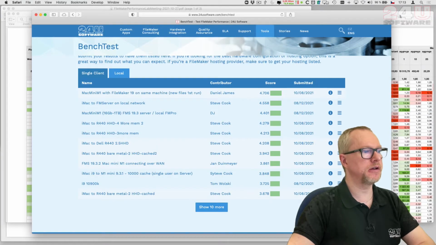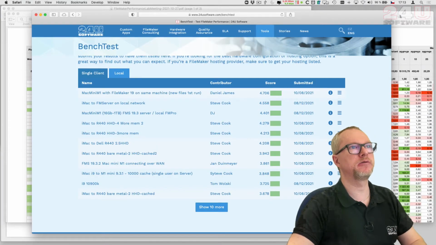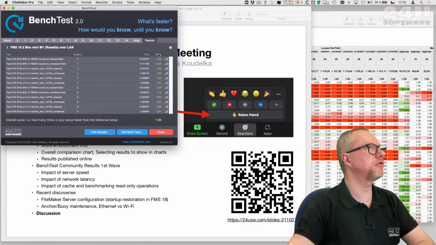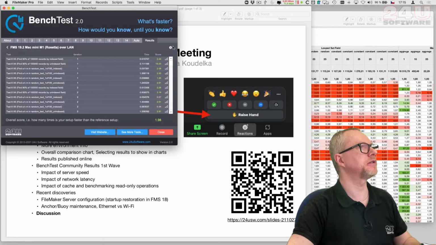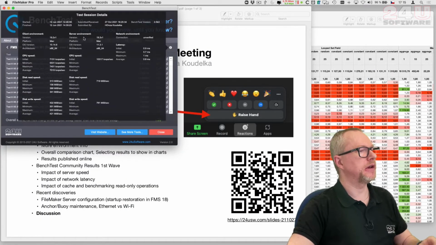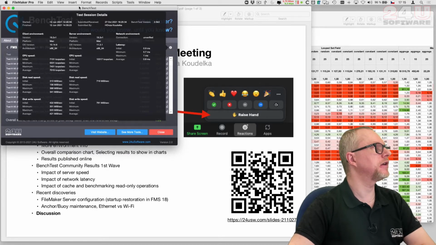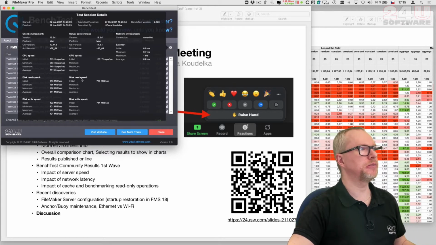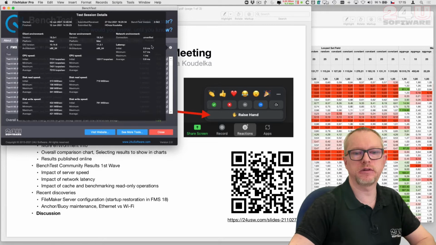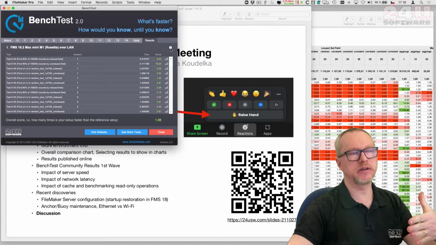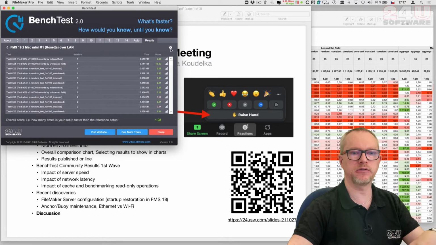We are getting a pretty high amount of data already, so when I go back to Benchtest, there are some additional features here which I added. Detailed information about the environment that you ran the test on. One case where this is especially useful is when running the test over a FileMaker Server running on cloud.